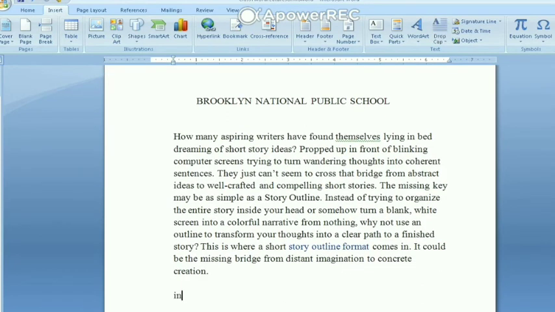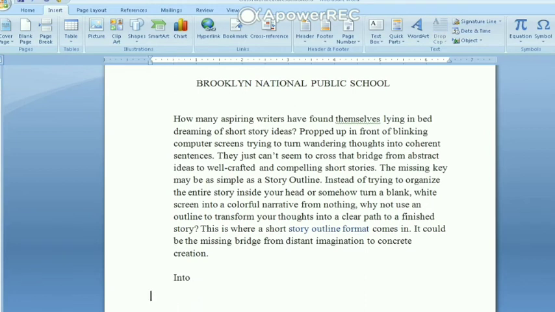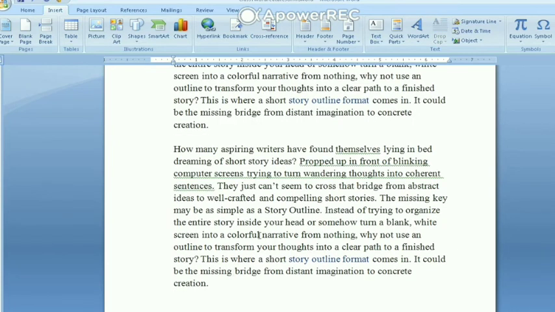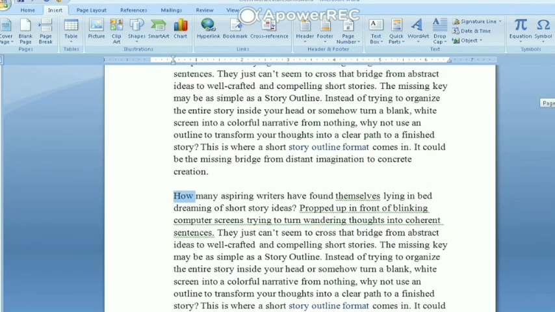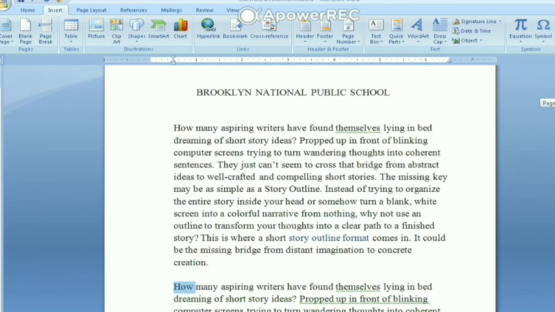Now same as before, type intro and press the F3 key. This is the second way. Okay, now you understand. Now I hope everyone understands the auto text features.